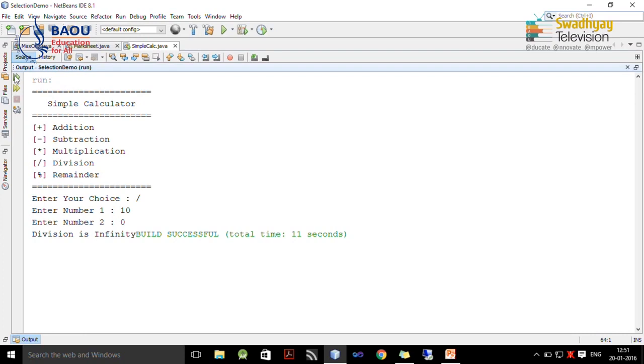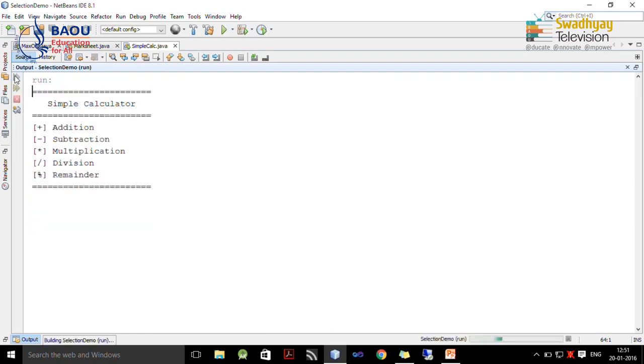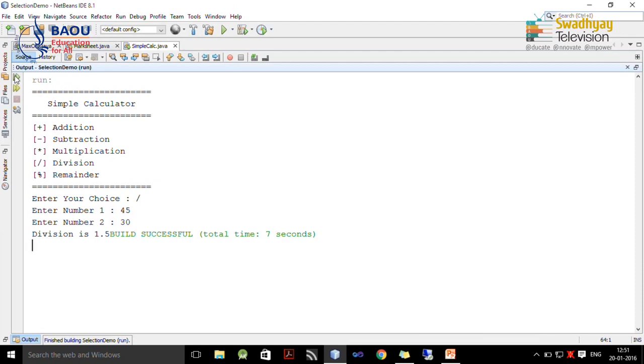We do not write down any code for these, but Java will automatically handle these kind of situations for you. Next we run this program, perform division, but this time I am going to provide 45 and 30. So answer is 1.5, and last we check for remainder operation.